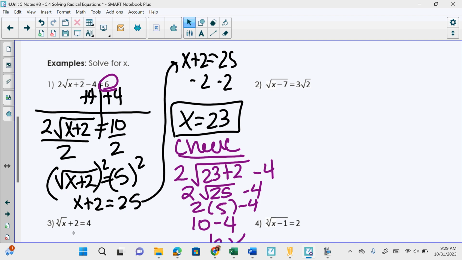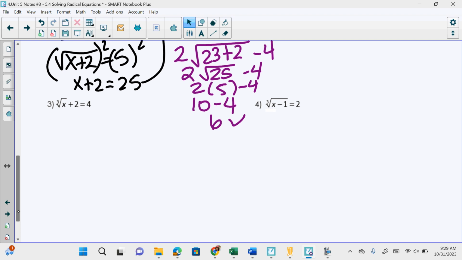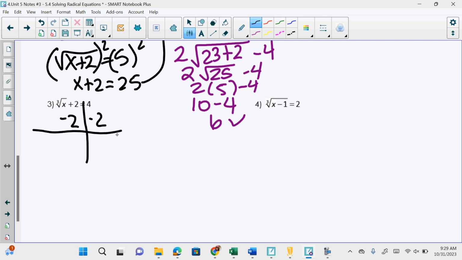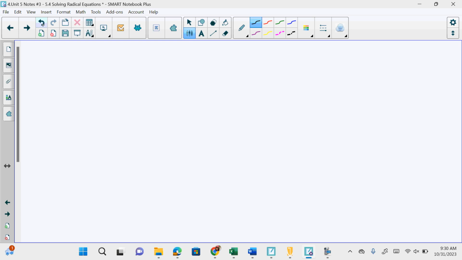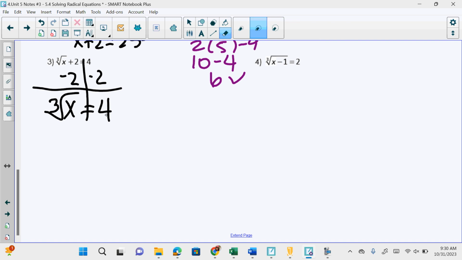All right, the next equation that I'm going to solve is number 3, and this is just a little bit different because it's a cube root instead of a square root. But same steps. First, start by isolating the radical, so I'm going to get rid of the plus 2 by subtracting 2 on both sides. So now I have the cubed root of x on the left-hand side, and I have 2